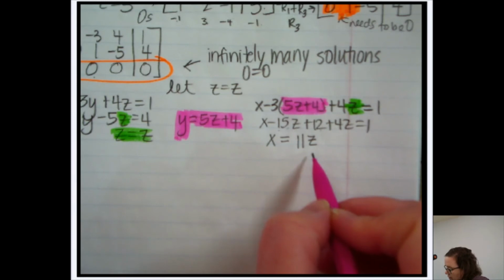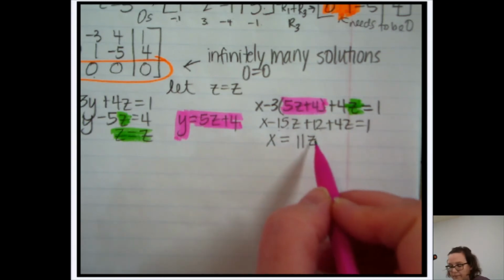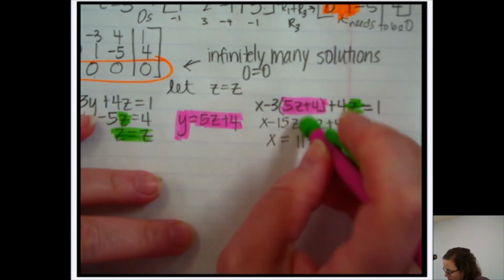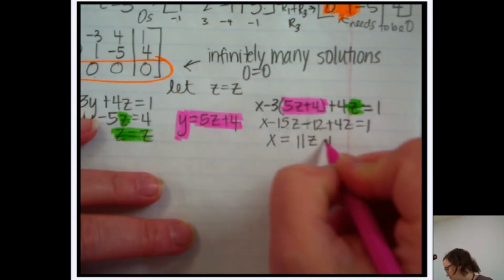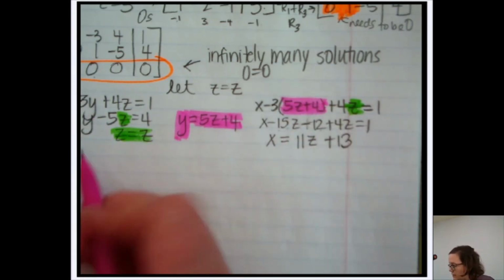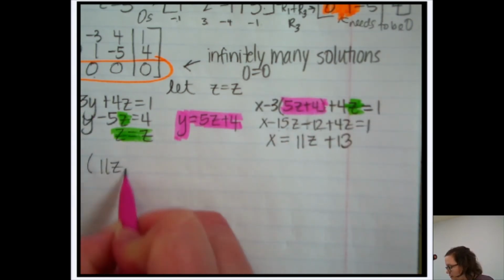Well, just a second, that's a negative 11z. And that should be a negative 12. Okay, so we add 12, we get 13. So there's my x. So your answer is 11z plus 13,